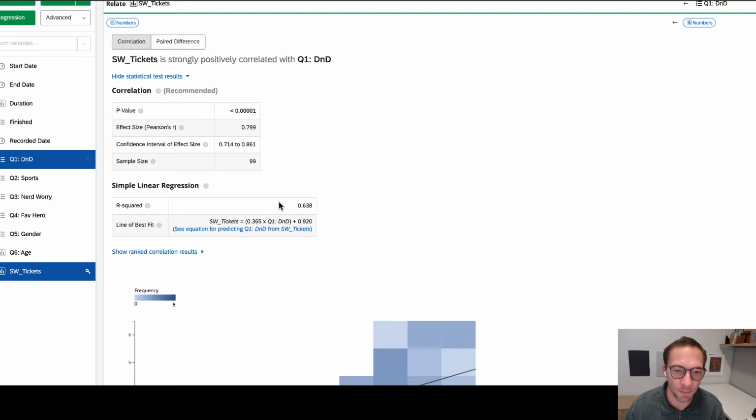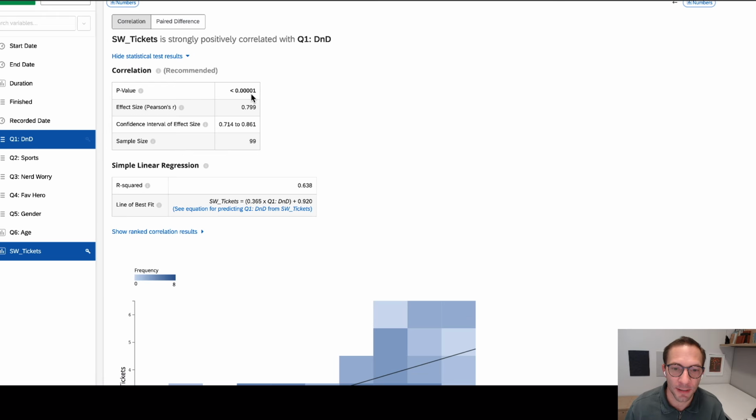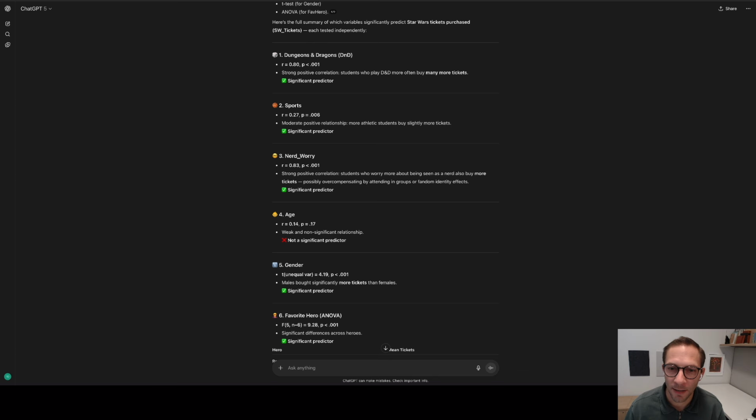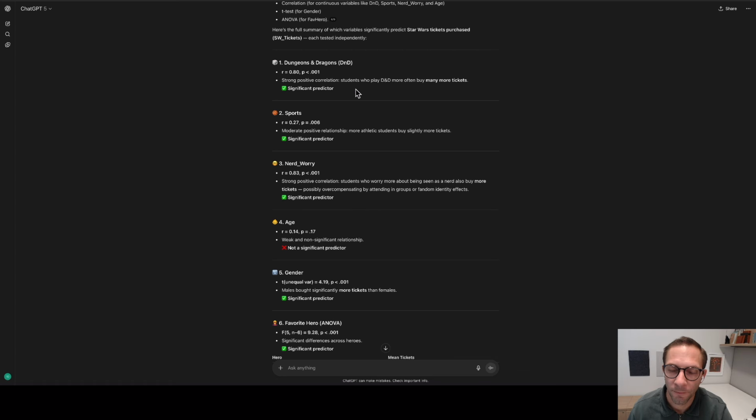All right. So for this one, I have a very significant p-value, and then SW tickets. The beta here is 0.365. Let's see how that compares here. Now, an issue here is it's not giving me what I wanted. Okay, it's giving me R. I didn't ask for R. That's another statistic we don't really necessarily talk a whole lot about, and it's fine. But I want beta. So you're supposed to report